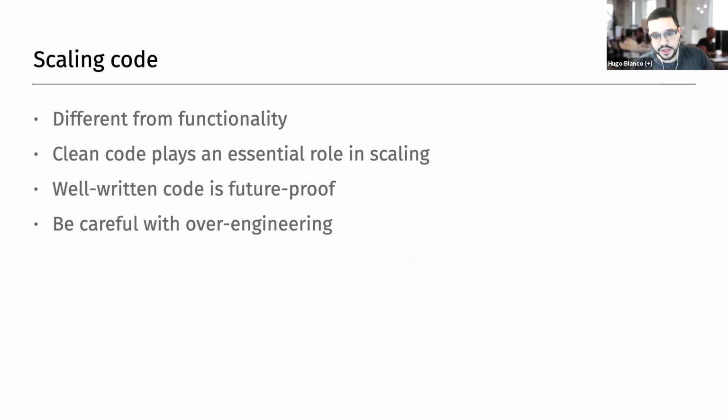And the code should be well written and well documented, because who never looked at their own code from months ago and didn't understand how it worked? So it's totally normal. We have to write code also for our future selves, basically. And also be careful with over-engineering, because when you start writing too many abstractions and look too much to the future, you could be trying to prevent a problem that you will never have.